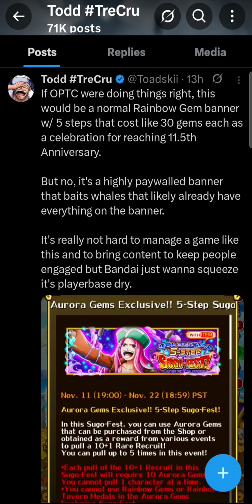It's not really hard to manage a game like this and to bring content to keep people engaged, but Bandai just wants to squeeze its player base dry. This is a perfect sum up of what these Aurora Gem multis are right now. But if we stop looking at it from a paywalled, whale-centric point of view, which is what we are all doing, and it's perfectly acceptable and a justified point of view to be doing that,